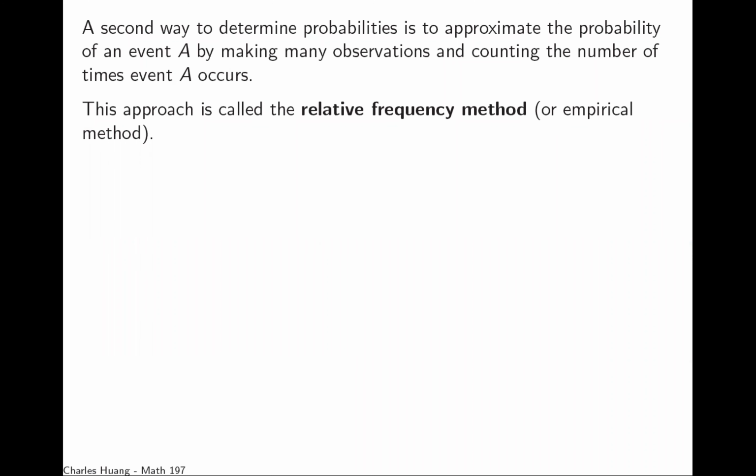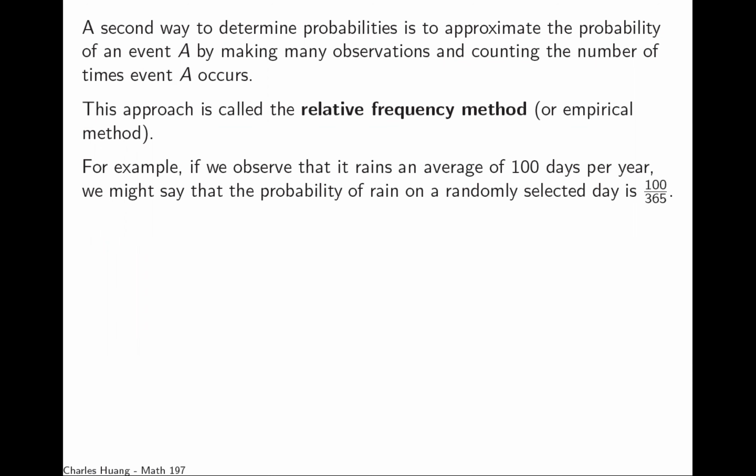Another way to find out what the probability is is by making observations. Sometimes we're not sure how many different possible outcomes there are. All we can do is look and add up all the different times that one event happened. This is called the relative frequency method. So for example,